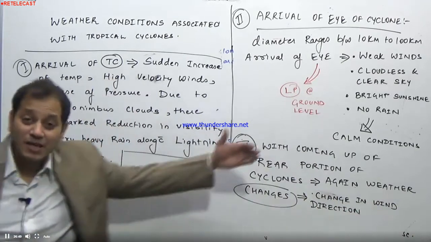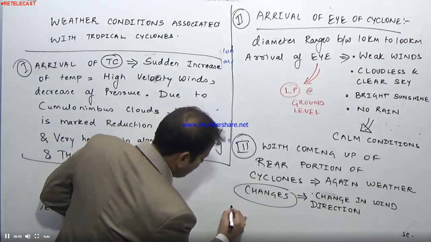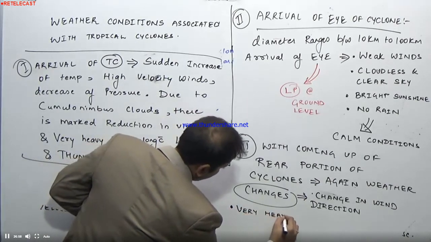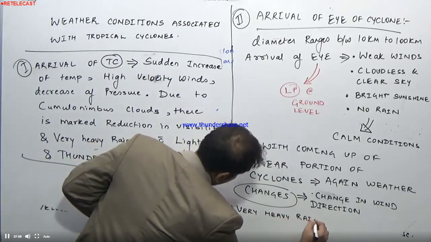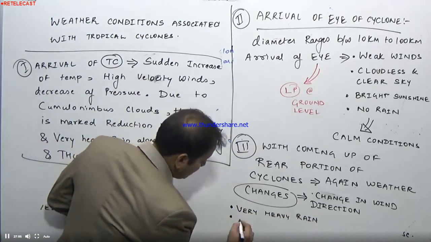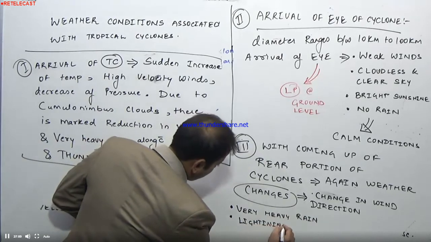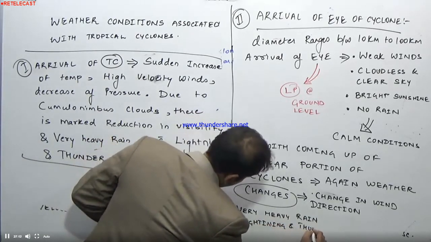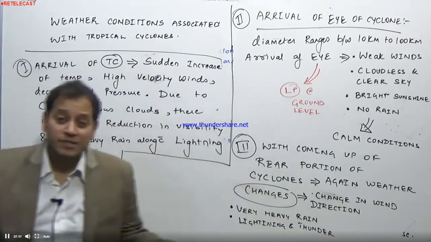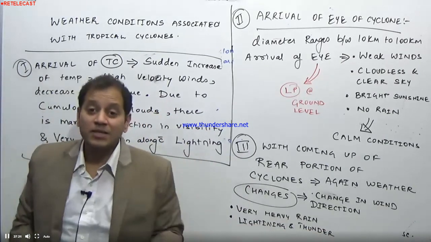Obviously, the winds now come from the opposite direction, but then there is a very heavy precipitation. Very heavy rainfall. Why? Because of the cumulonimbus cloud, lightning and thunder. And the less visibility, that is the same conditions which are associated, except that there is a change in the